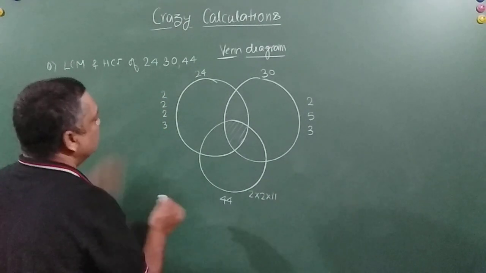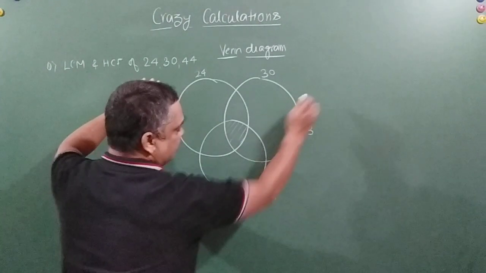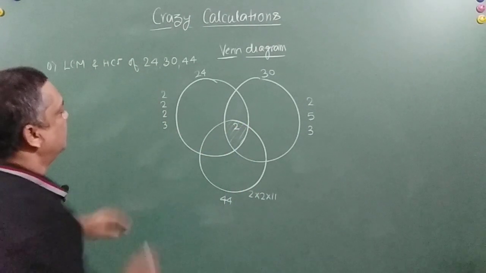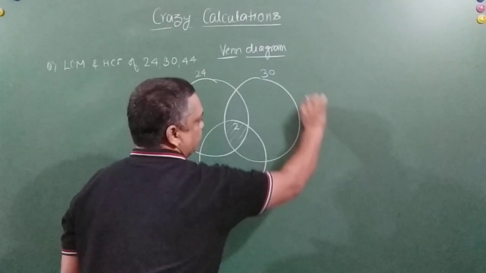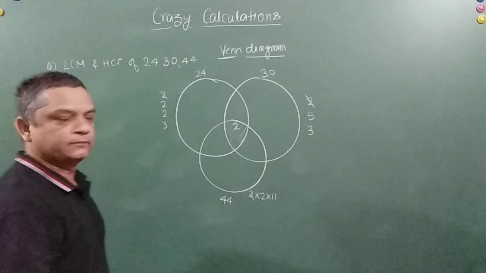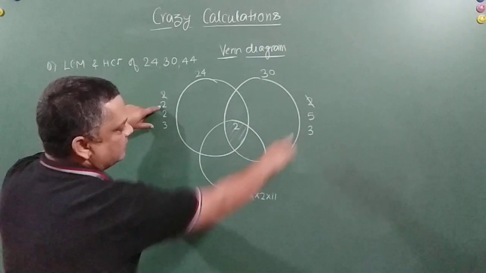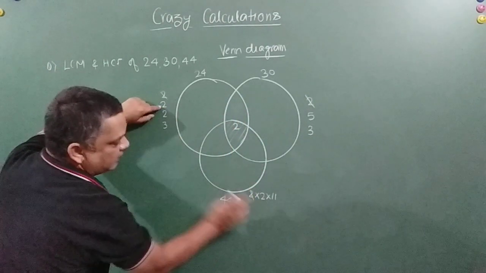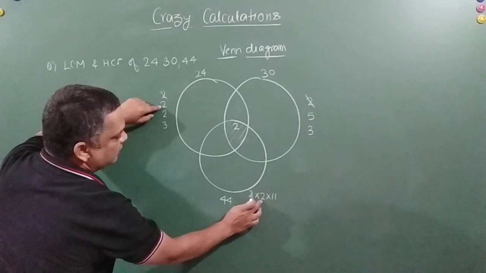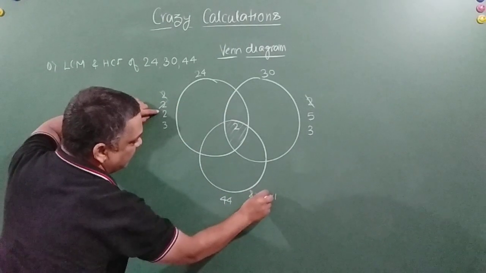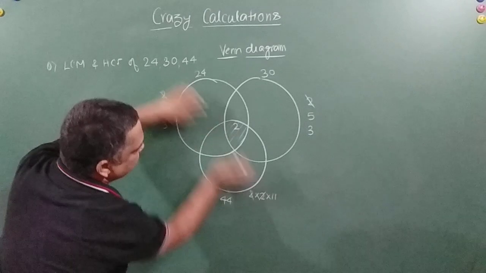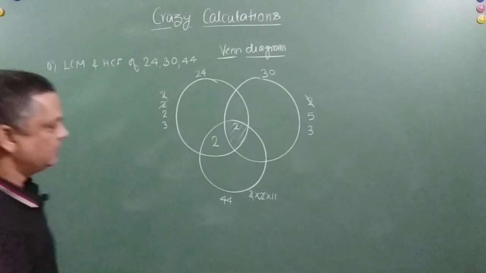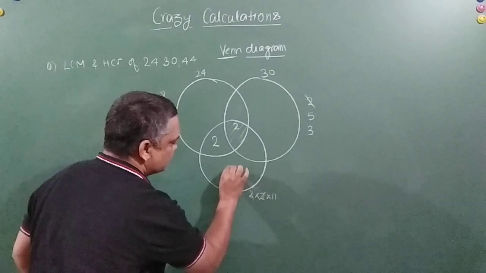Now let's do it. So 2 is here, 2 is here and 2 is here. So 2 must go here. Correct? And after this we will strike it off. We have used it. Now 2 is here but 2 is not here, so I cannot write it here. But 2 is here and 2 is here. You are getting my point? So I will strike it off and write it in the intersection of these two sets, that is here. Now only 11 is left, so I will put 11 here.